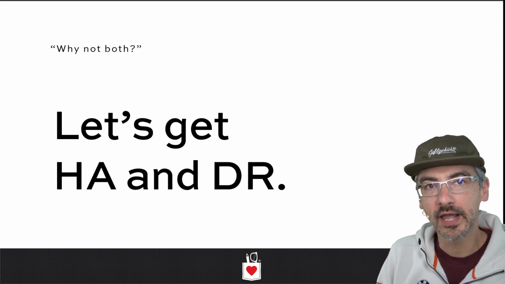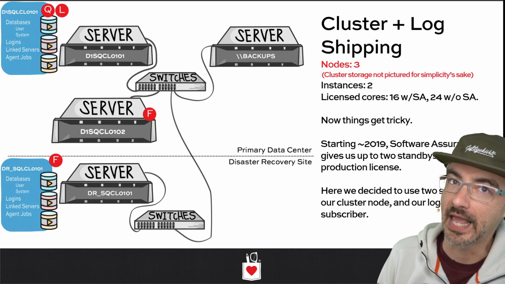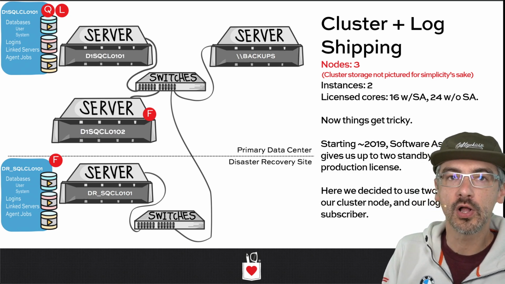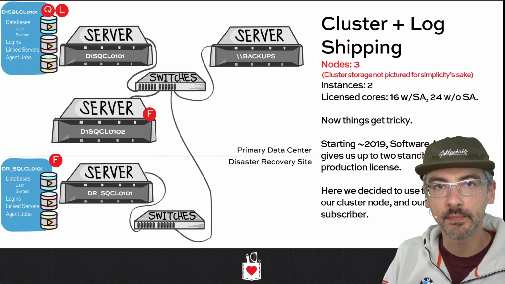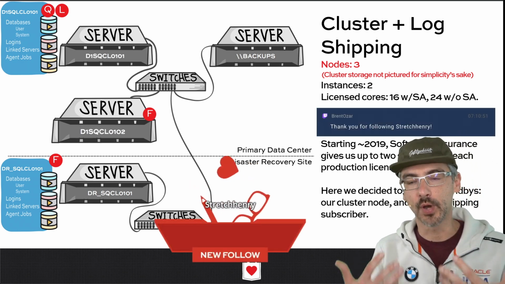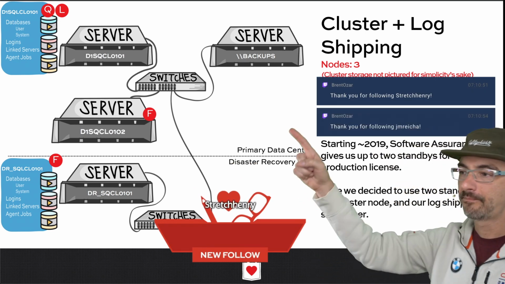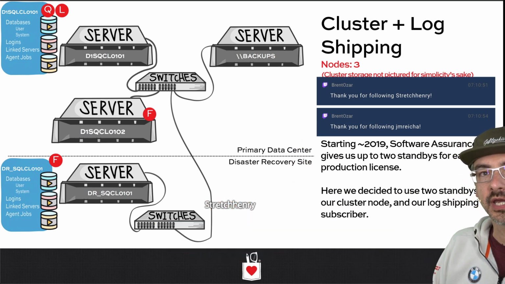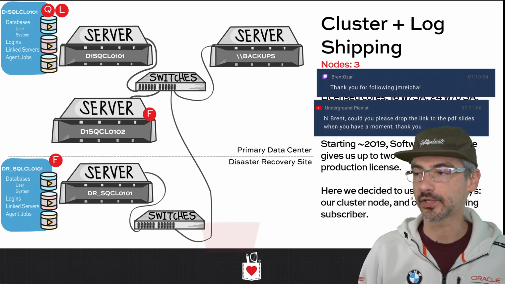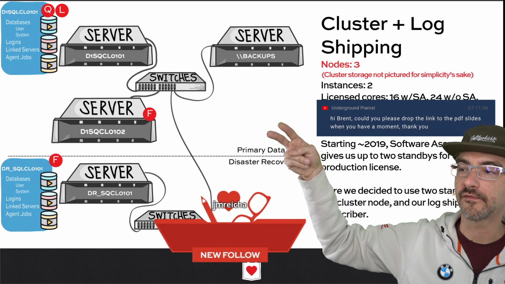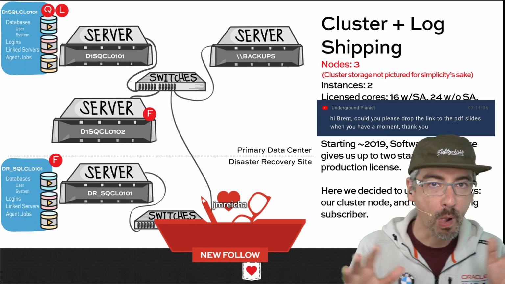So we've covered both high availability and disaster recovery independently. Now let's throw them in together. This is what we call the polo and khakis of the business world. This is the single most commonly implemented infrastructure to get you both the combination of high availability and disaster recovery. Up top, I have a failover cluster, like we discussed earlier. This is what your grandmother would have called an active-passive cluster. We have 2 nodes, each of which are different independent pieces of hardware, like physical or secondary, or could be